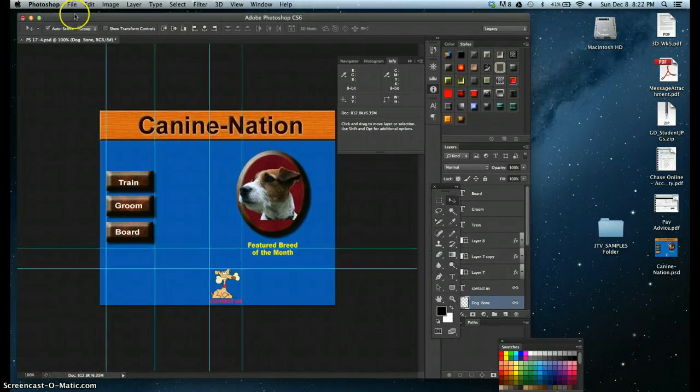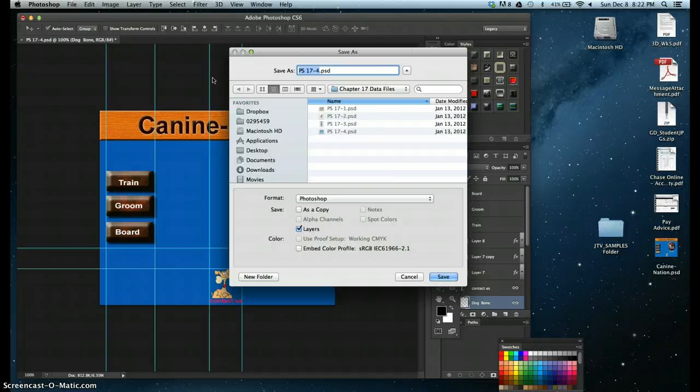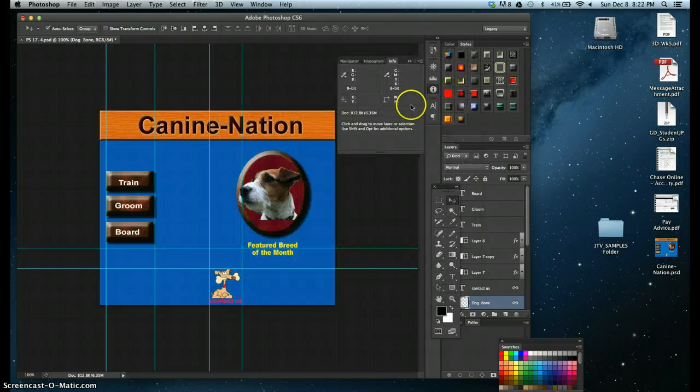One of the things you'll do first is save your file. Save it as Canine Nation. Save it in a place that you know that you will have it. Say OK. Okay, one thing you'll notice is first you have guides sticking out. They may be bothersome at first, but they're there for a reason, and you'll notice that as you begin to